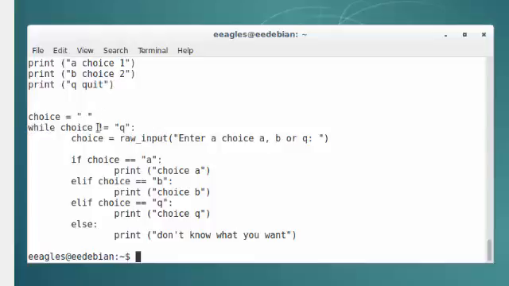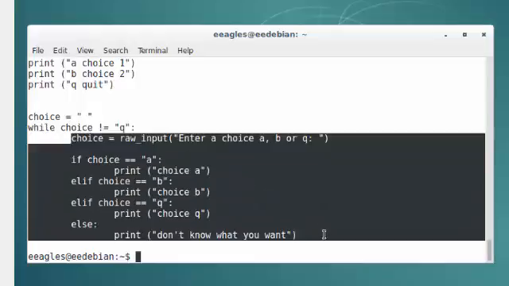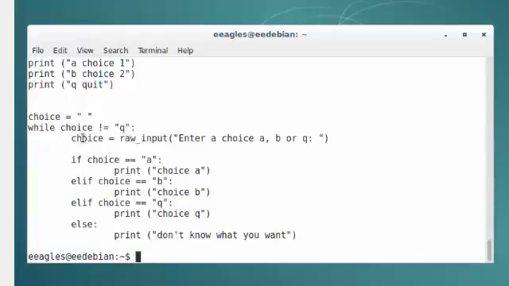And then I've said while the choice is not equal to q, colon, do all this stuff. So this is what we're focusing on here. Alright, so we're going to get the choice from the user using the raw_input command. The message that you want to have displayed is in quotes inside the brackets. That's going to be stored in the variable choice. And choice is going to contain either the letter A, B, Q or something else, depending on what the user's